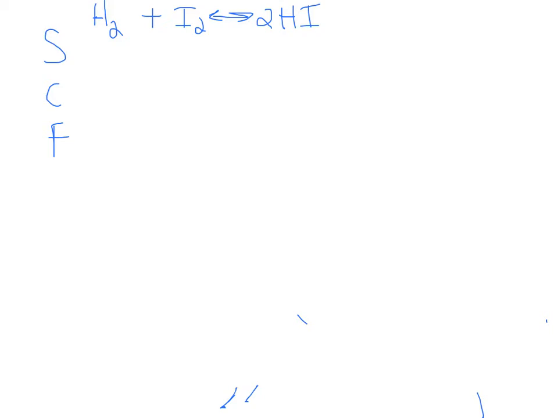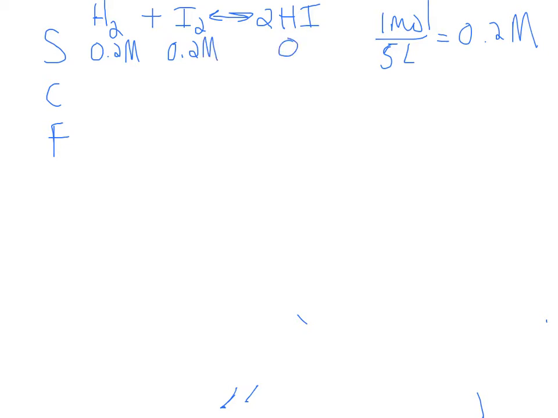Okay, so it gives us 1 mole of hydrogen to start with and 1 mole of iodine. So if we do 1 mole divided by 5-liter vessel, that's where we get our concentration. Okay, so very important, make sure you put concentration in here. So it says we start with a 0.25 molar solution of each of those. And we don't start with any HI. Okay, and then the last piece of information it gives us is the final value of iodine, which is